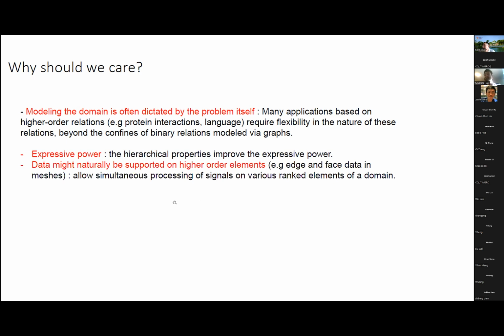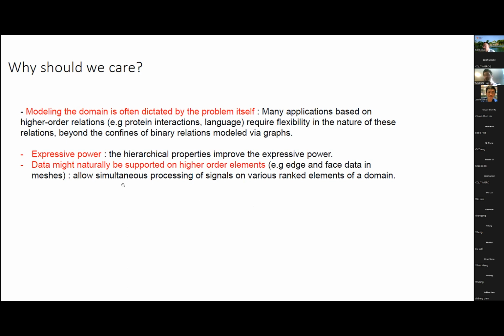So data might be naturally supported on higher order elements. So for instance, if you are working with, let's say, a cloth simulation or a mesh, then your data might not be supported on vertices as people usually do with graph-based models. The data might be supported on edges or faces in that case. So this allows, and higher order models also, we're going to see this in